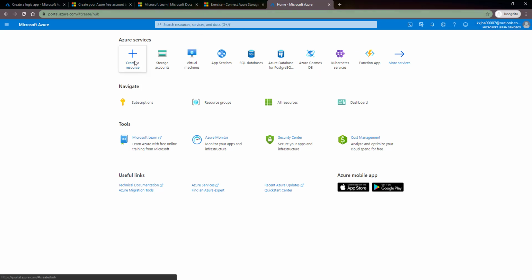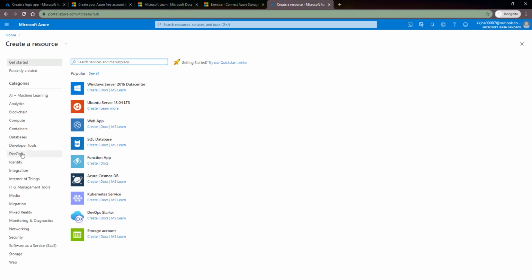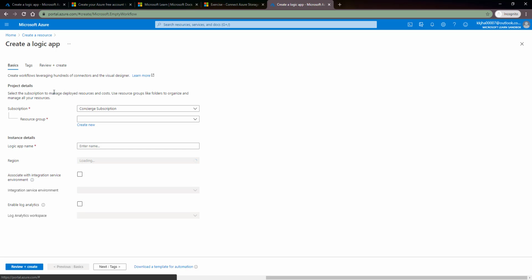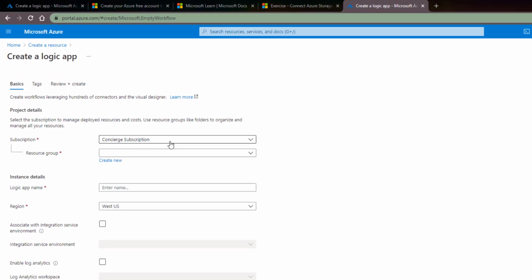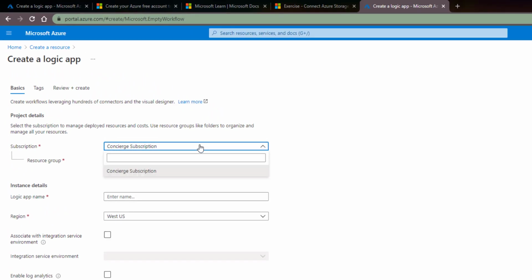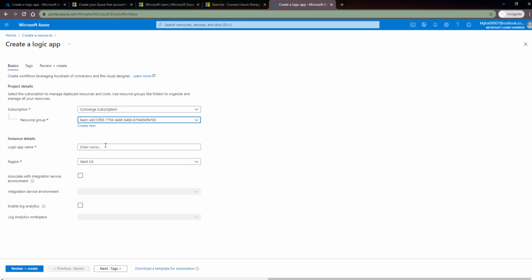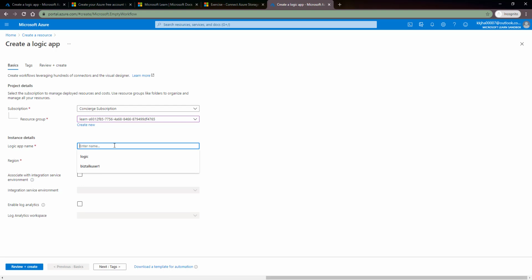Now if you want to create any services or learn, you just have to go here and create your services. For example, I am creating a Logic app. I select the subscription, choose my resource group, and give my Logic app name.